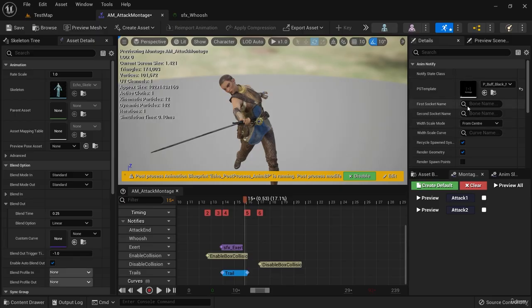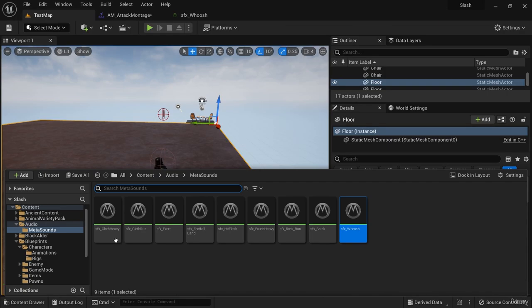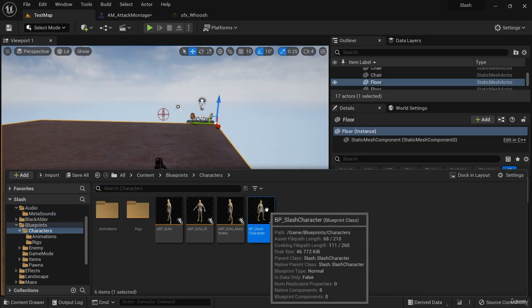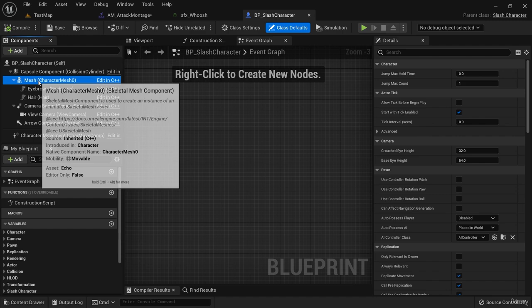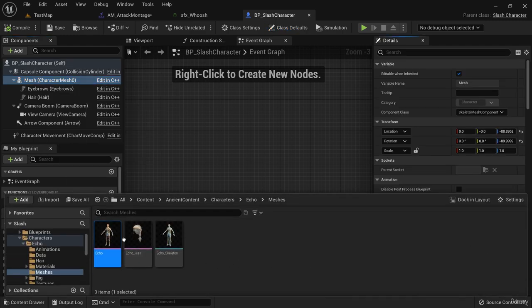Now, notice in the details panel, we have first socket name and second socket name. So we can choose where this trail is on the weapon based on sockets. So we're going to need to add a couple of sockets to the Echo skeleton. So I'm going to find Echo skeleton. I'll just go to my character blueprint/character, select the mesh and browse to it, and I can see the skeleton